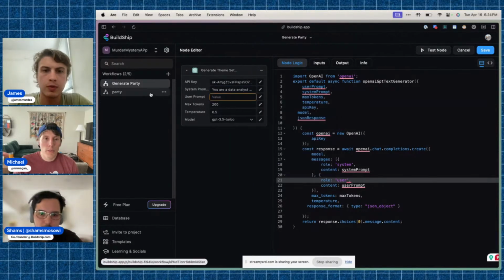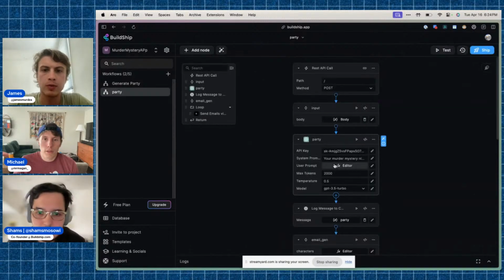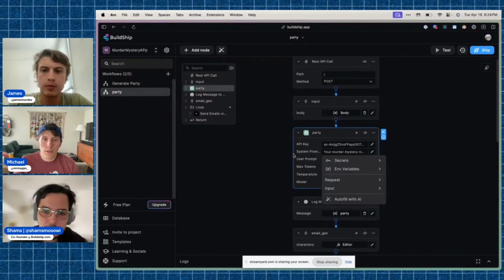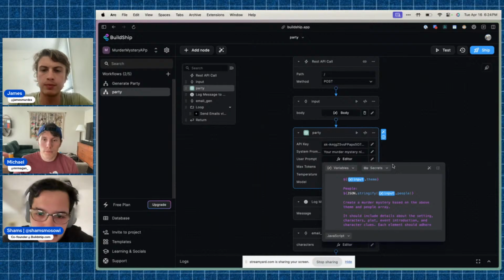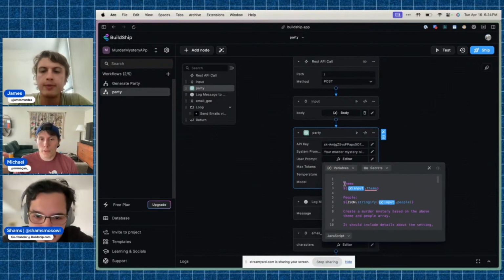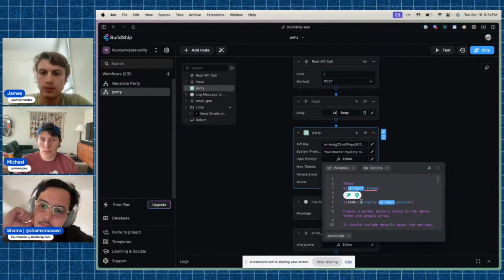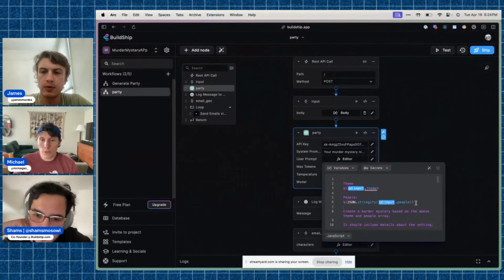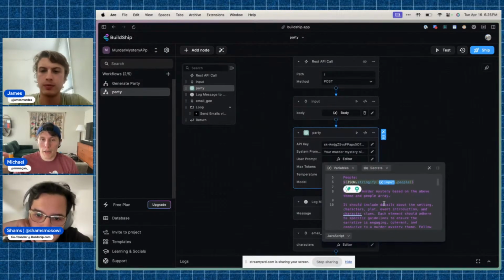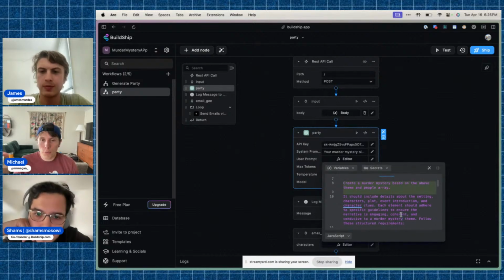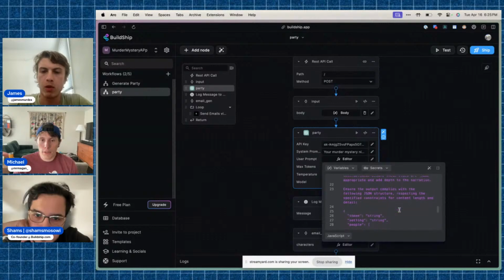Maybe it was the other one that had it then. Yeah, maybe it's this one. Okay, yeah. It has this prompt where it takes the theme that you sent. This one just stringified the people and displayed them. Then it runs this prompt that tells it how to create a murder mystery, and it's in JSON mode and is supposed to return this JSON object.